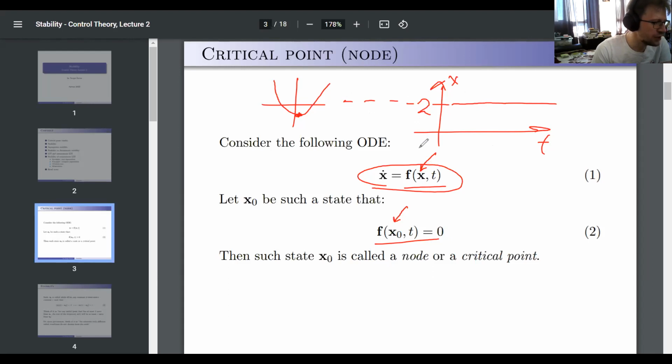So this is the idea of a critical point, a state which turns your right-hand side to 0, and hence your rate of change of your state is 0, and the solution is constant. That is the whole idea. It sounds like something profound when you call it a node or whatever, but it's not. Instead of a differential equation, it becomes basically an algebraic equation with a constant solution. That's all.